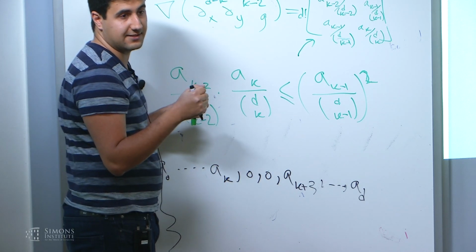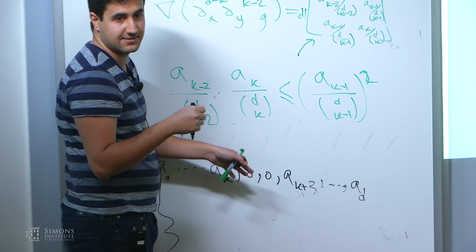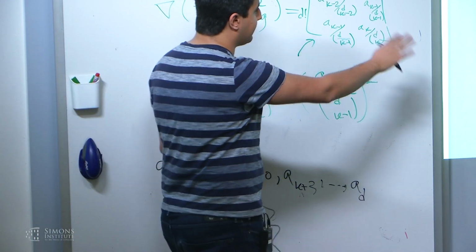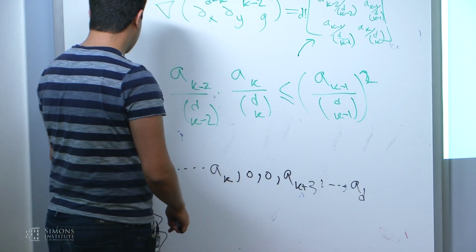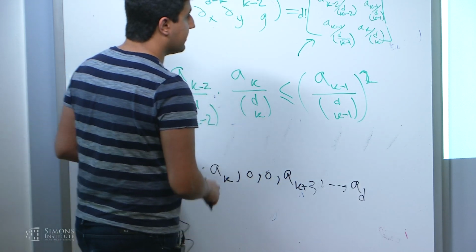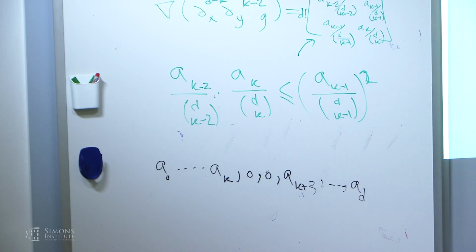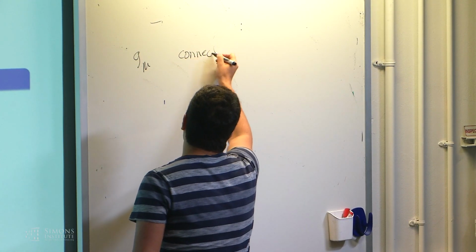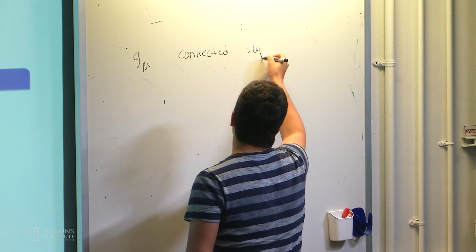It's not going to be completely log-concave if it has internal zeros. So being connected support is a condition that prevents things of this form. And for multivariate polynomials, what that means is, we call g_mu connected support